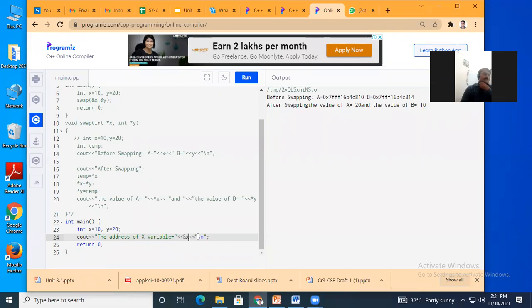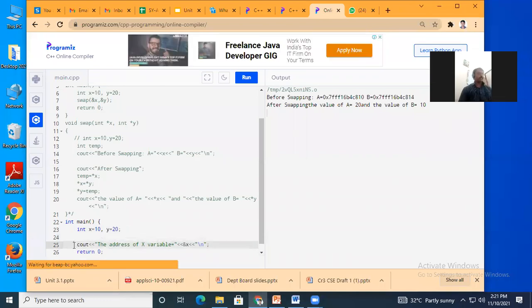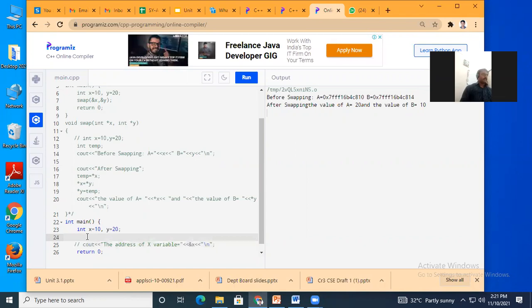Yes, sir. Okay, now what I am trying to do, before this I will print the value of this. Value कशा print करतो आपण? See cout the value of variable a equal to, okay, आणि इथे काय लिहितो आपण? x.